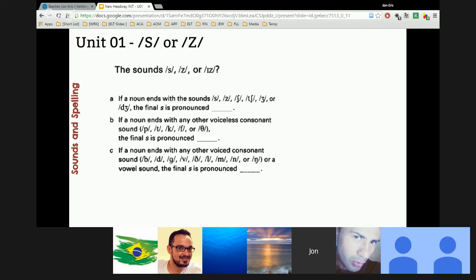Okay, letter A is difficult. Letter B and C are much easier. Let's see. Mr. Giancarlo, can you read rule B for us and tell us what goes in the blank? Yes, let me. If a noun ends with any other voiceless consonant sound, P, T, K, F, or